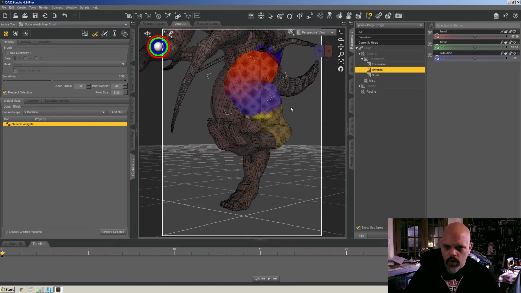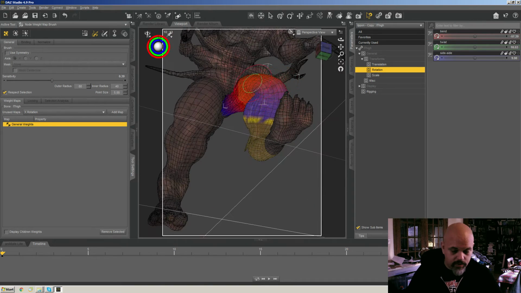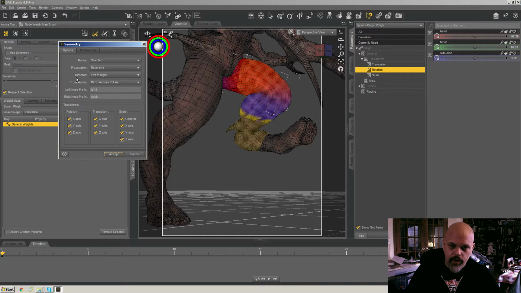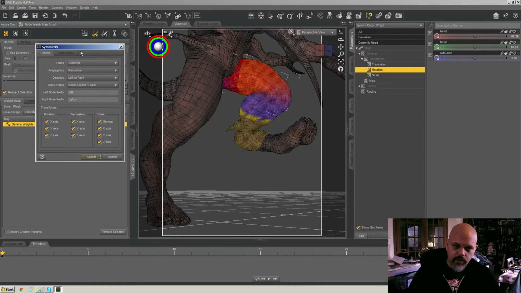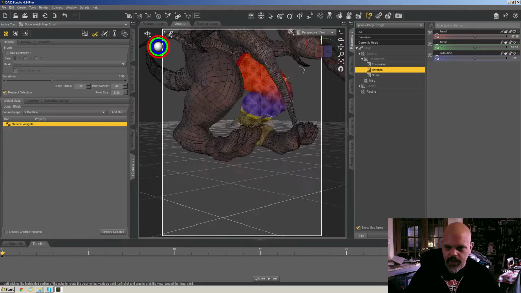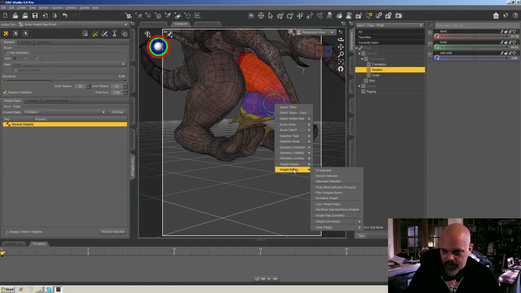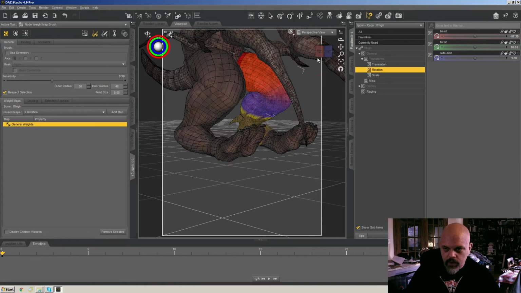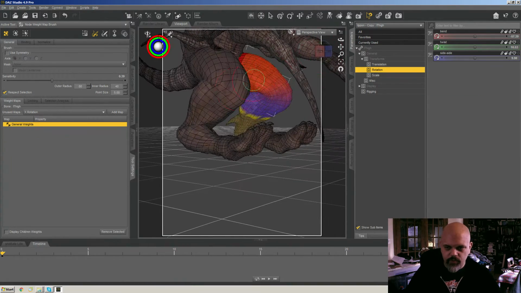And one gripe that I have with Daz Studio is quite often the skin weight mirroring doesn't quite work right. But we're going to try anyway. I'm going to set up the symmetry on this pose. There we go. We're going to cast that symmetry across the other side, and then I'll right click and go to weight editing, weight map symmetry. And yeah, see, it didn't really do much. So I'm going to need to go over and manually